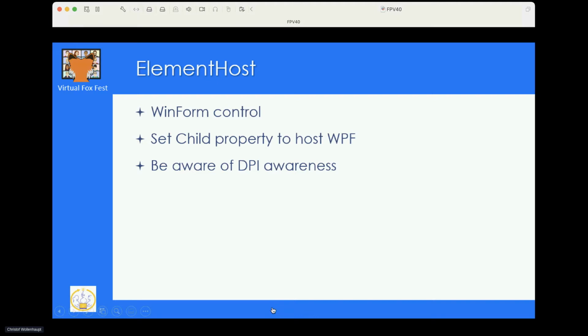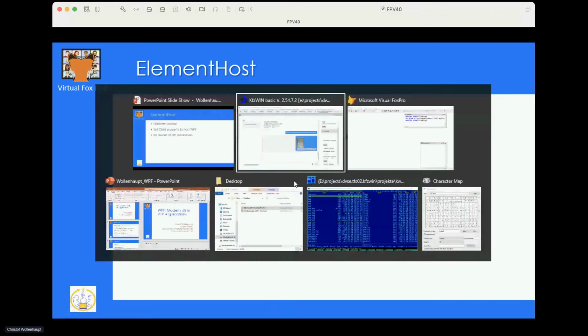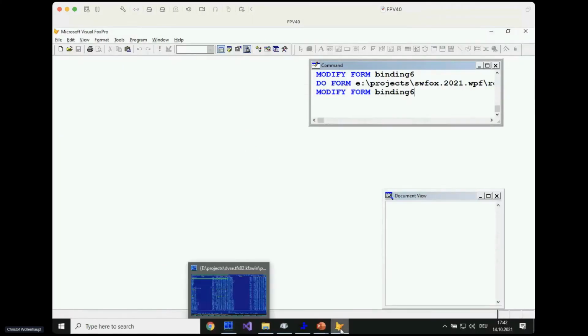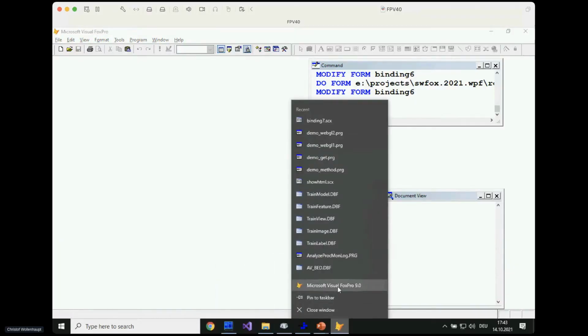And one way to do this is to, in the property settings,